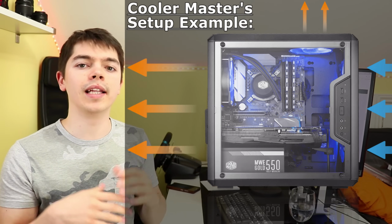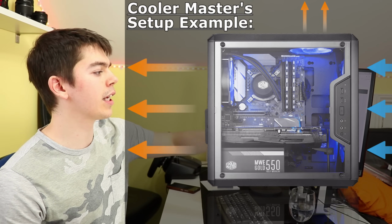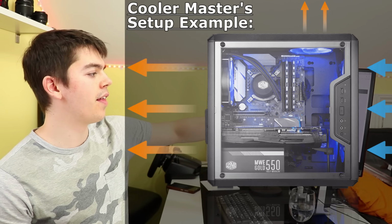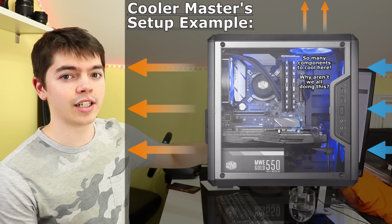It is not an AIO, it is just an LED fan. It's to the top front, not to the top rear, which would be arguably more useful, encouraging air across the motherboard, the RAM, and potentially a CPU cooler if you have an air cooler, and then exhausting it up through the top. Instead, they've gone for the top front, which means it is cooling, well, not the drive, which there